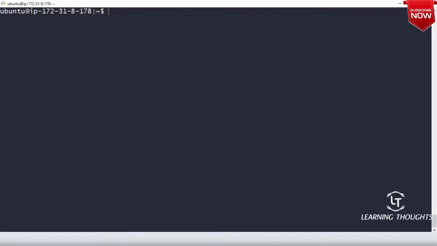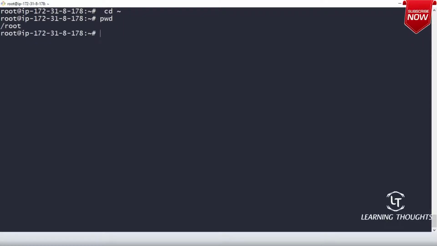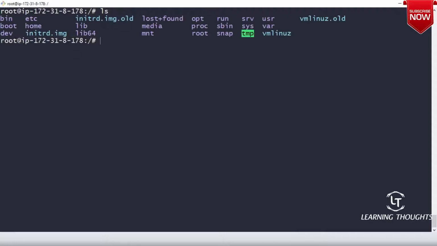Now, generally in a Linux machine, you might be seeing this: ls, and I pass the output of ls to something called less. Is this possible? Let me go to the root folder with sudo -i, then pwd, and cd /. If I type ls, I'll have a lot of folders.